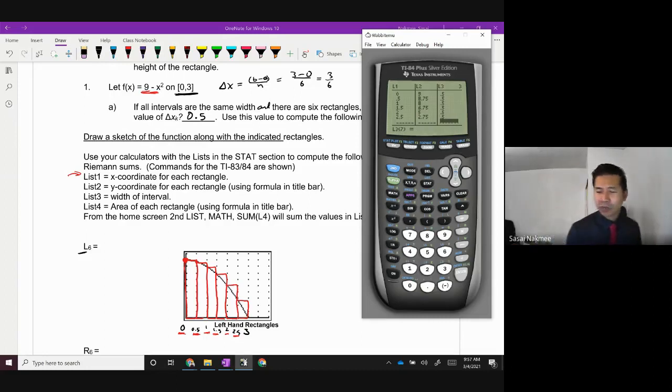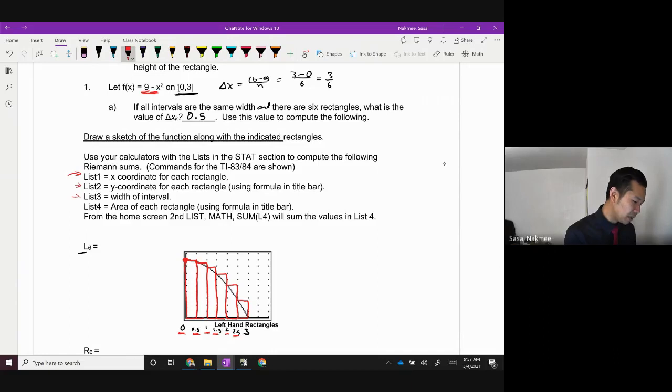The widths will change if we use different widths, but for right now, it's nice to see them uniform. It doesn't necessarily always have to be the same, but most of the problems we do these for, Riemann sums, usually have the same width. The only time they're going to be different is if you use a table where you don't have the specific function, and we'll worry about that when we get there. So in L3, I'm just listing the width of the interval, which is this guy right here. They're all the same in this particular case. It won't always be the same, but in this case it is. All right, we're almost done.